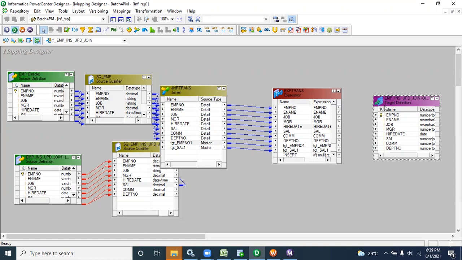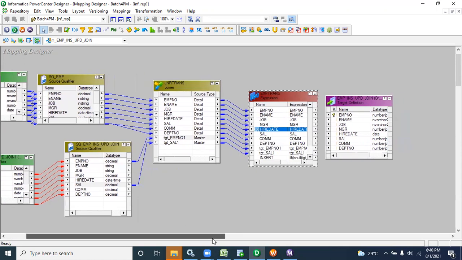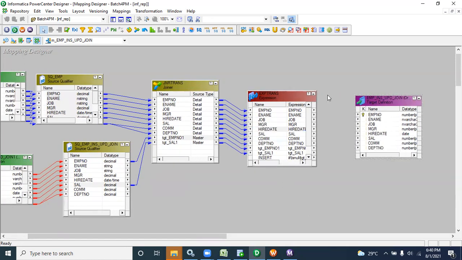If you remember when we discussed the router transformation, I told you that the router transformation is the one transformation which can help you insert and update the records. You are using only one transformation, but it handles multiple tasks: insert, update, or delete. Because the purpose of a router is that it works on multiple conditions, right?